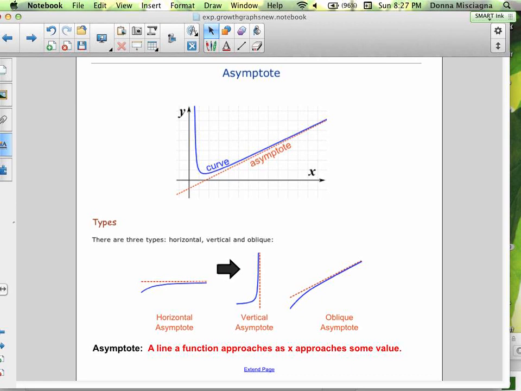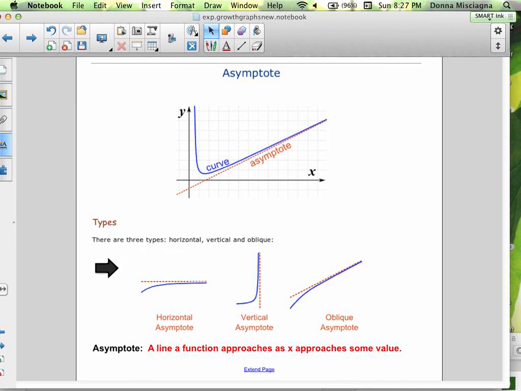A vertical asymptote, our function's approaching a vertical line, or what's called an oblique asymptote, our function is approaching a diagonal line. We will not be dealing with oblique asymptotes in any part of this lesson, or in any of these lessons. In later lessons, we'll be looking at vertical asymptotes, but for exponential growth and decay, we'll be looking